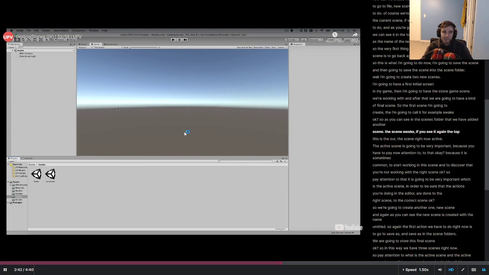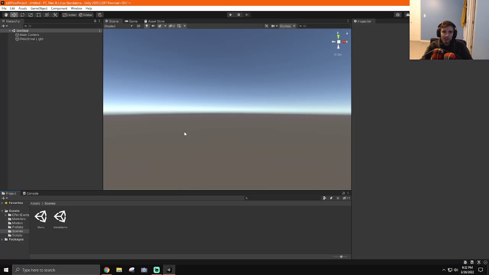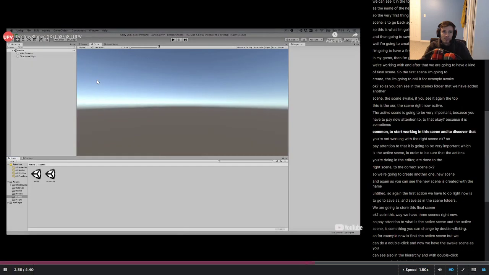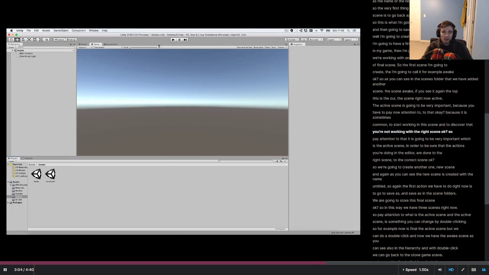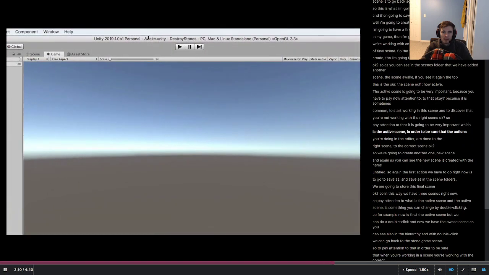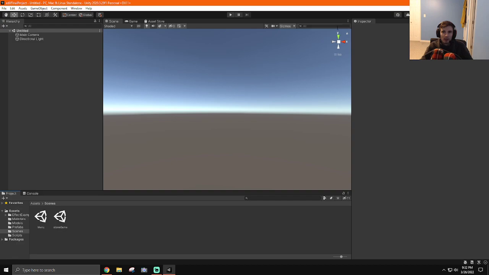The scene Awake. If you see again the top, this is the scene right now active. The active scene is going to be very important because you have to pay attention to that, okay? Because it is sometimes common to start working in a scene and to discover that you are not working with the right scene, okay? So pay attention to that. It is going to be very important which is the active scene, in order to be sure that